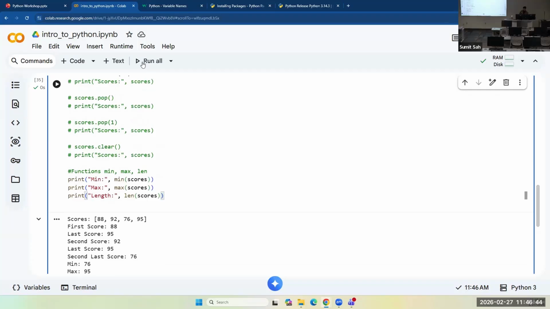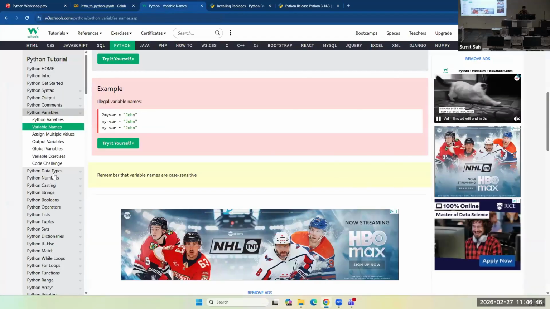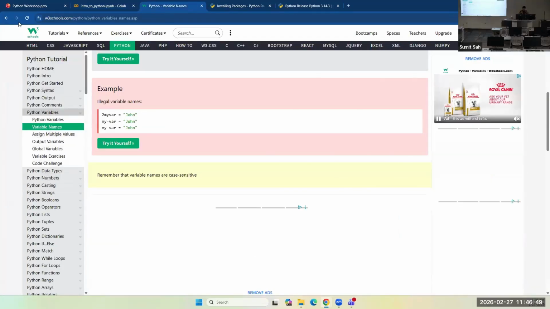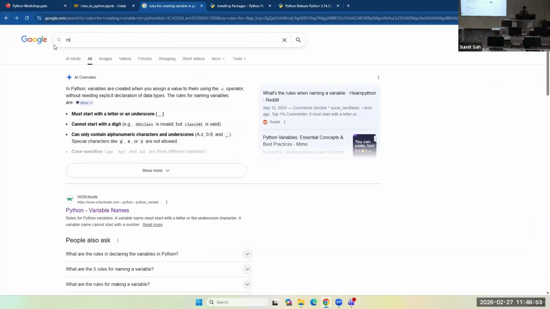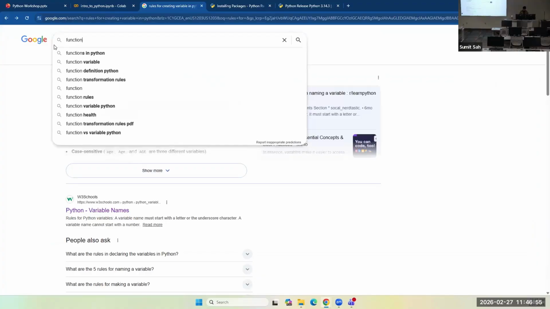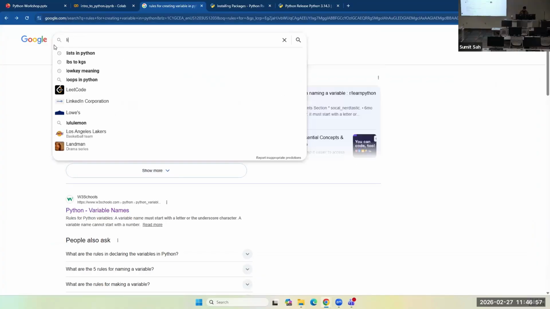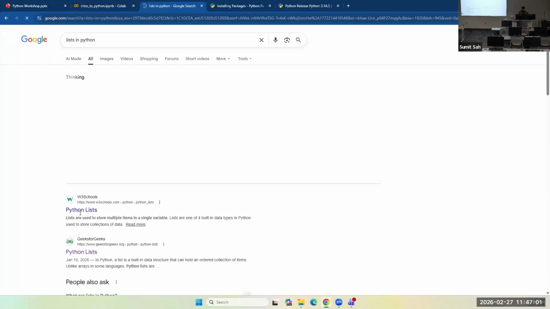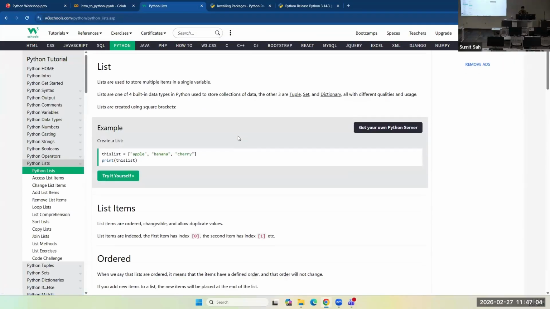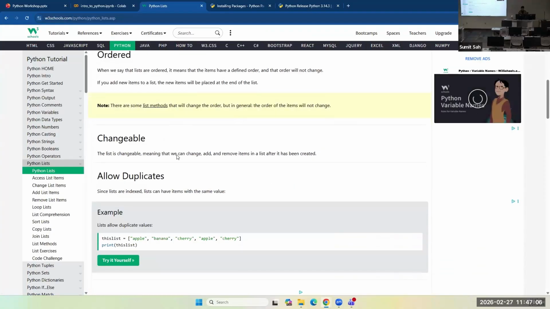And for more methods, you can just follow tutorials anywhere on the internet, like functions in list in Python. Okay, so that's lists in Python. You can explore more about what the methods are.